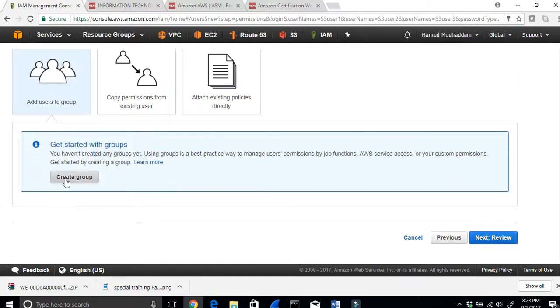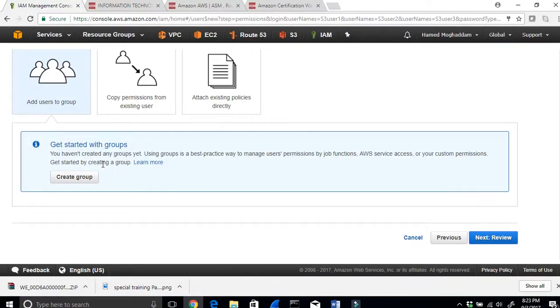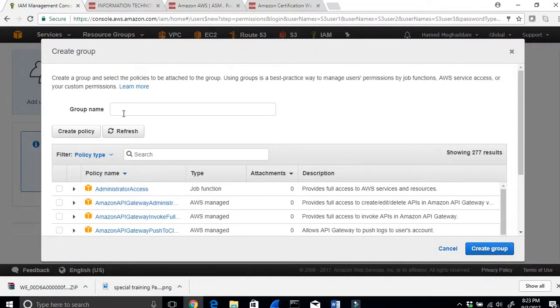I can create a group, copy permissions from an existing user, or attach policies directly. So let's create a group, okay? Because according to my lab, I need to create a group called S3 read access. So let's do that quickly. So I'll go back to here, create group. Okay. Now here, I'm going to call it S3